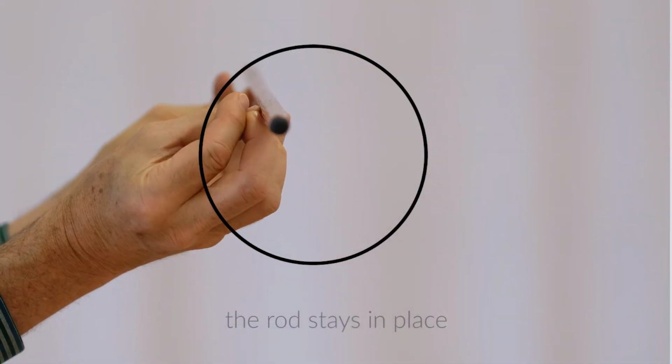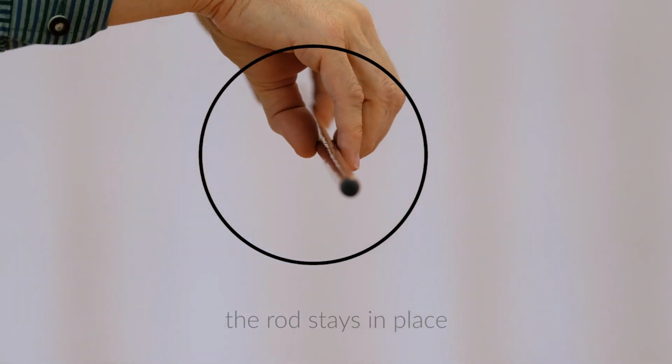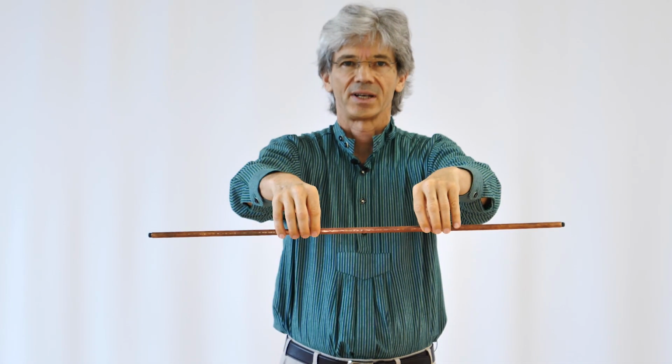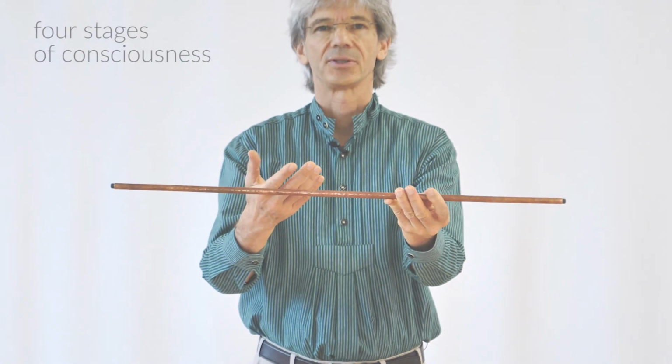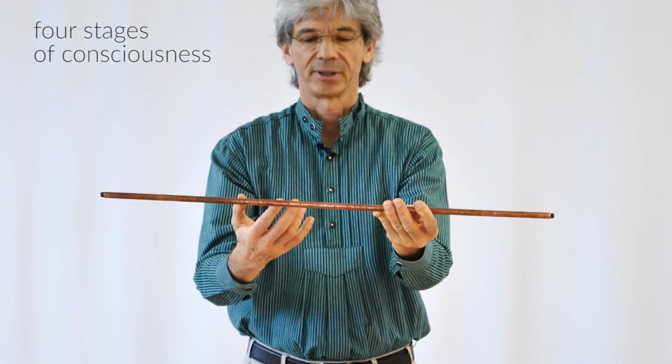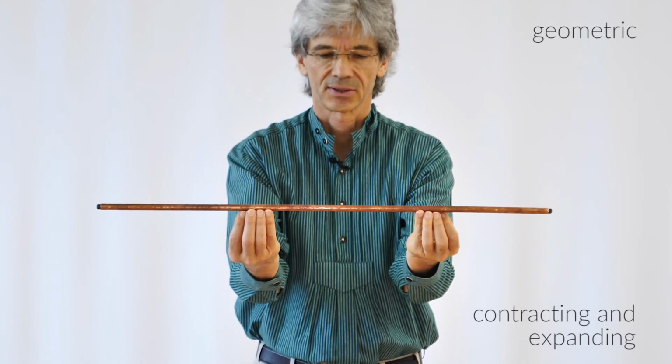My consciousness keeps the rod in place even though a great deal is in movement, and one's body perception can't really comprehend the whole movement. You can focus your consciousness on 4 levels in this exercise. To start off with, physically,